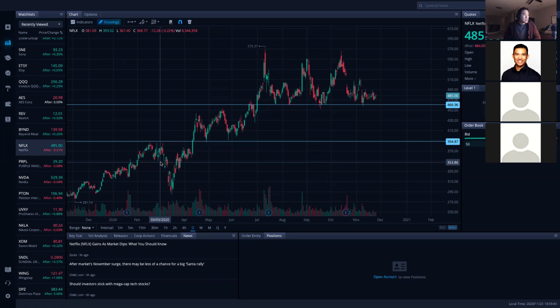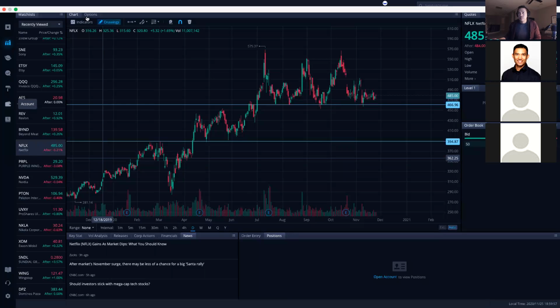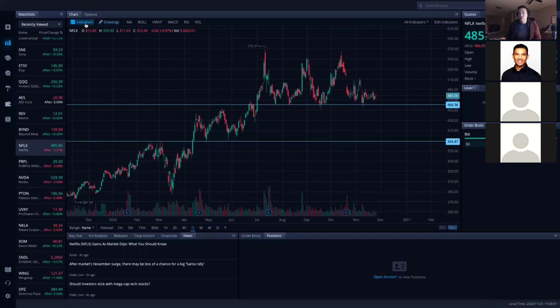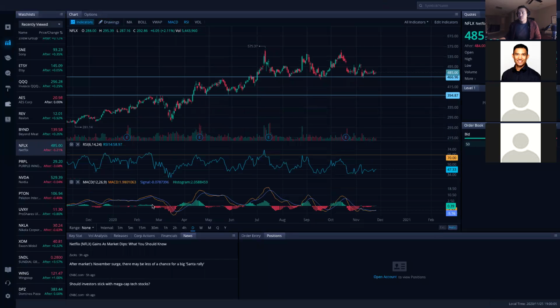Yeah, that's good. For the group, I would say research these, because we probably don't have time to go into each one in detail, but MACD, which stands for moving average convergence divergence, and RSI, the relative strength index. Those are two good indicators that a lot of traders use to help them understand where the price is moving